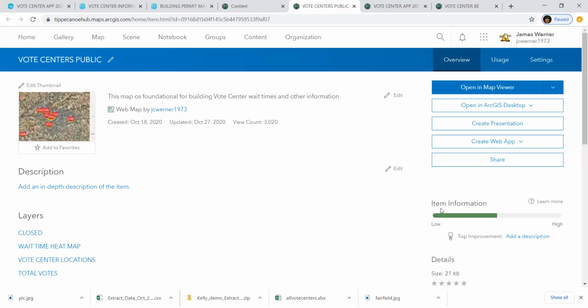Hi, this is James Werner, Project Manager for the Tippecanoe County Assessor's Office again, following up with my previous video on the public-facing side of the Vote Center tool that I created to help the public see wait times and total votes cast at individual early vote centers. What I'd like to do here is give an idea of how this map was set up and put together,